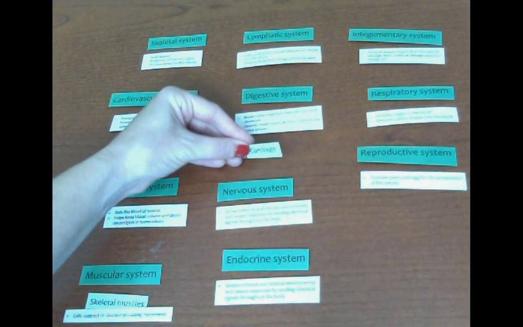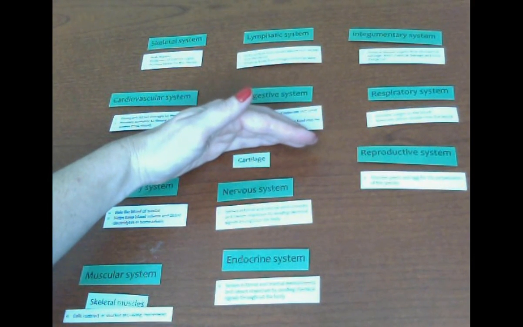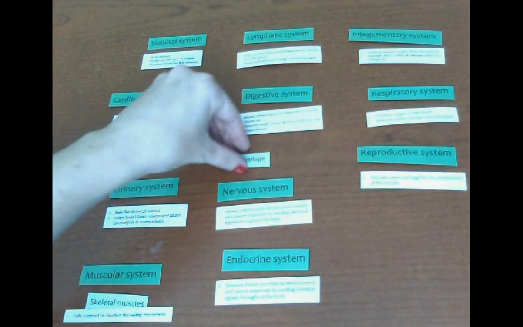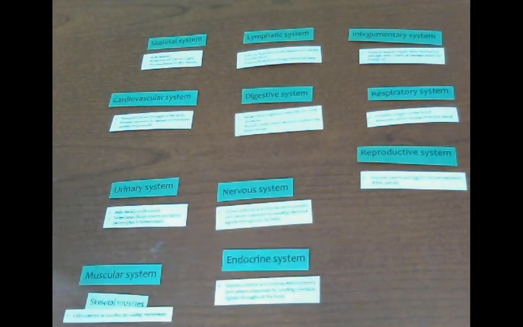All right. Now that we've talked about some of the different functions, I want you to go through these different things, the individual components: cartilage, bones, stomach, pituitary gland, all of these different things. And I want you to see if you can place them into the correct categories. You can use your book, you can use your lab manual, and this is the part where you need to reach out to your